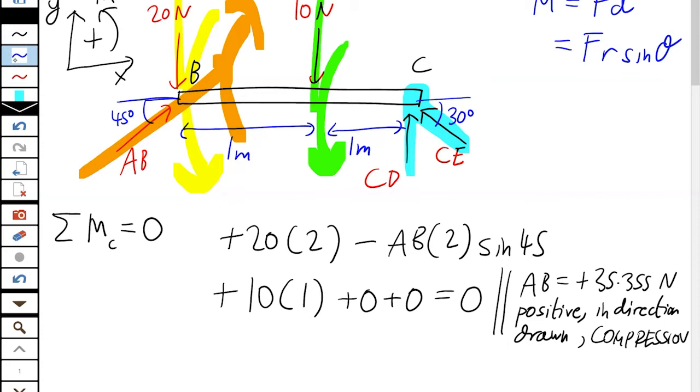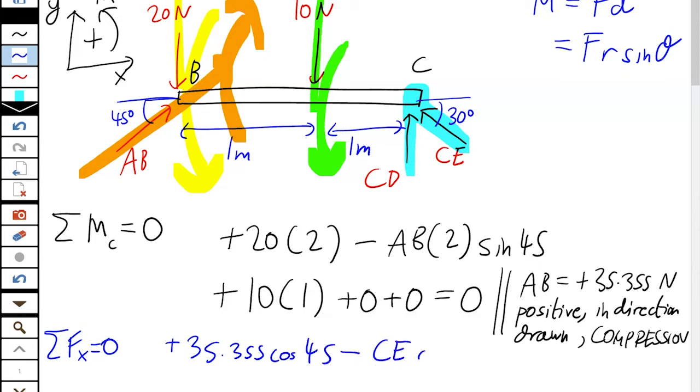Then the next equation, do we do X or Y? Well, it doesn't matter because both of them only have one unknown, but you do check that to see if one of them has fewer unknowns. Always do the fewer unknowns first. So the sum of all the horizontal forces is 0. So we've plus AB, the horizontal component to the right, minus CE's horizontal component to the left. One equation, one unknown. So we can find CE